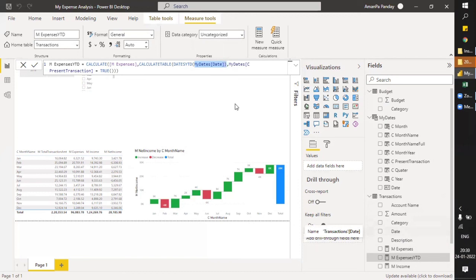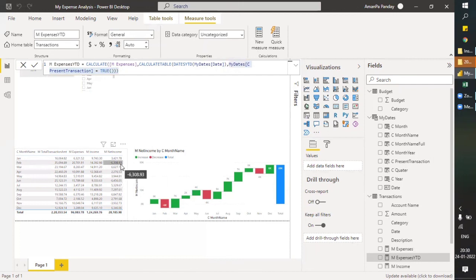So we have to use this continuous source. And we need to find on which dates there have been expenses. For that we have this column. Now let's hit enter.